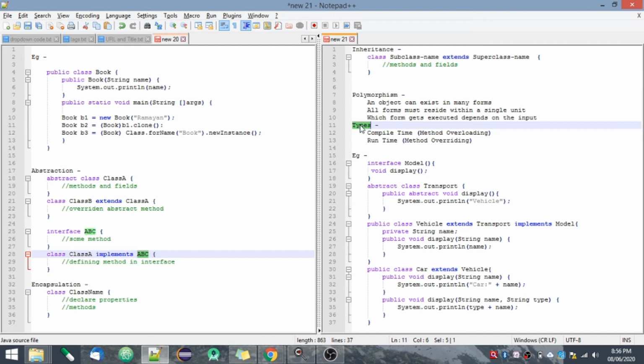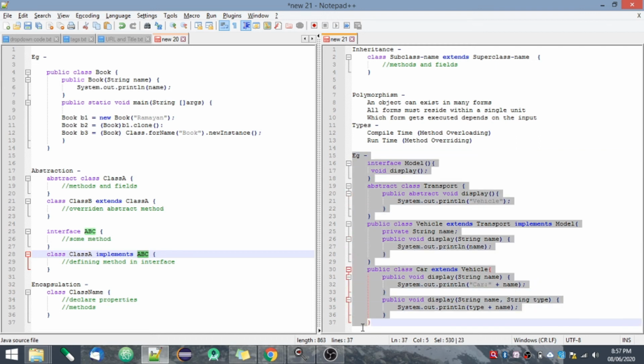Here different signature means either there are a different number of parameters, different types of parameters, or the sequence of parameters is different. And method overriding is basically redefining the method of the superclass in the subclass. Now these are the basic definitions of the 4 pillars of object-oriented programming.